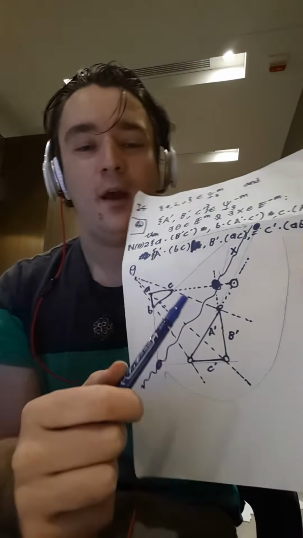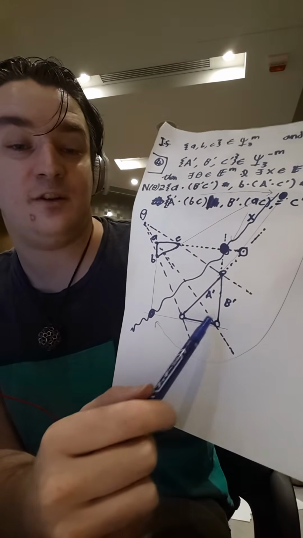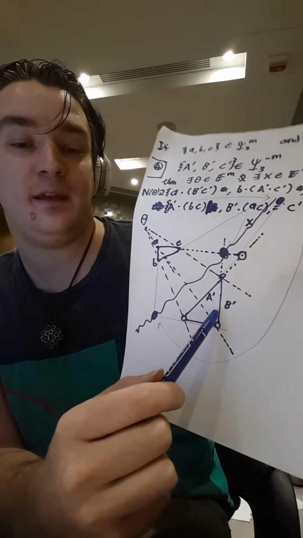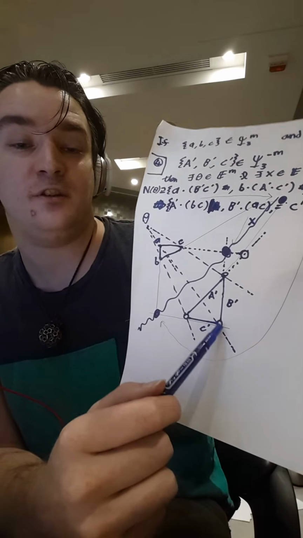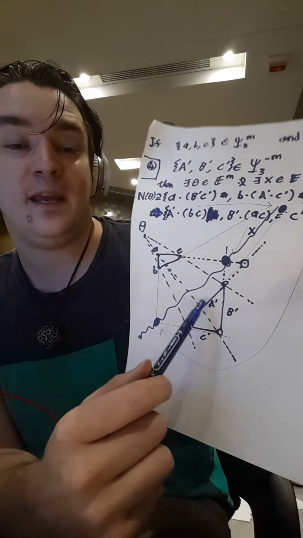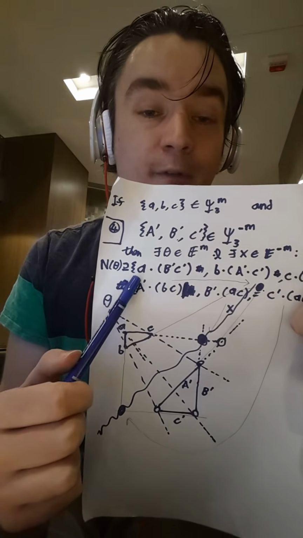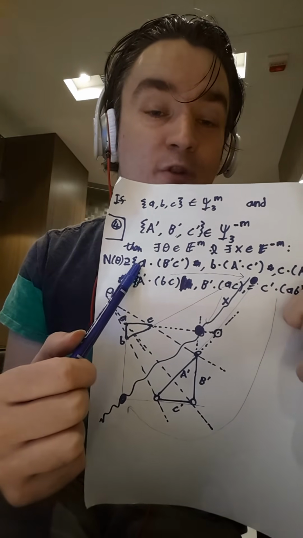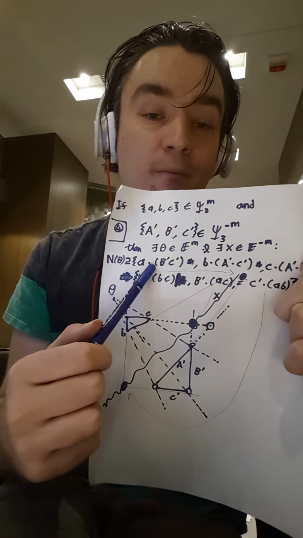Sorry, yes. Big B is there. It's this edge, and big C is this edge. And so big B dash, big C dash, that's the join of these two edges. So it's the vertex of this second triangle, which is opposite the edge big A. So essentially what this is saying here is that we have vertex little a from the first triangle and the vertex opposite big A dash in the second triangle.